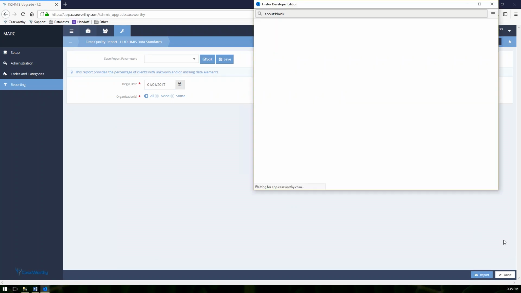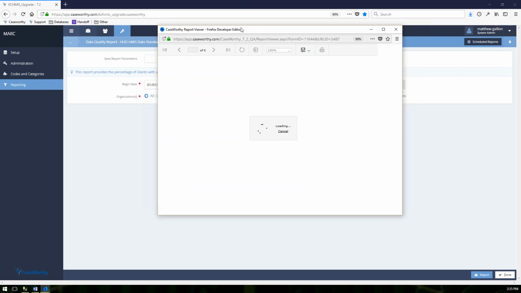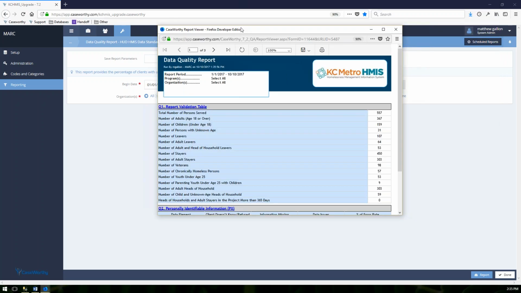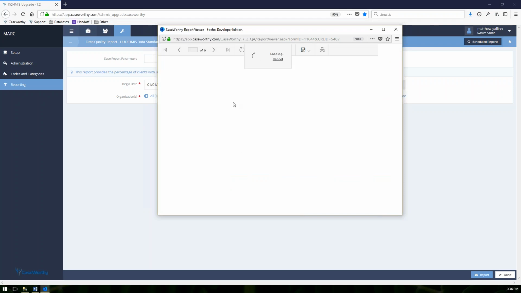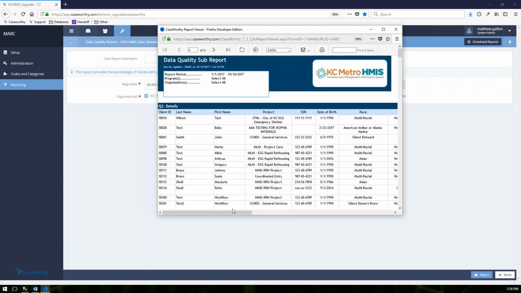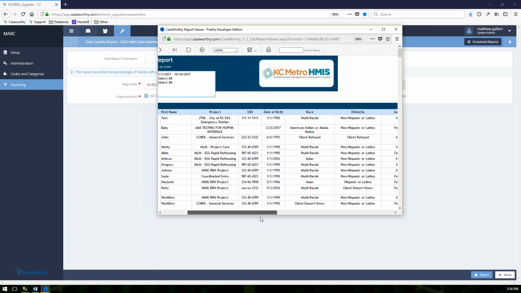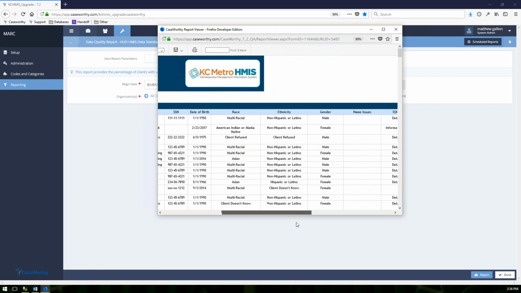This is again just an SSRS report. In this case, it's not going to have any CSV output because that's not the intended purpose of this, but it will just give you some data quality reports on various different elements and the error rates included. And then, for instance, with the personally identifiable information, these are all, again, drill downs that are going to show you the client ID and the individual, and then go through and kind of indicate to you what the status is of the